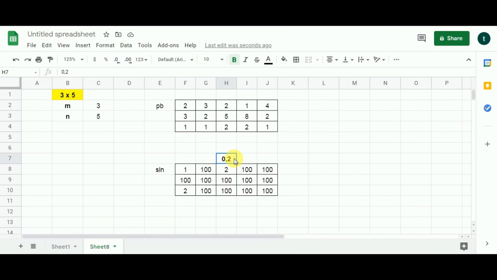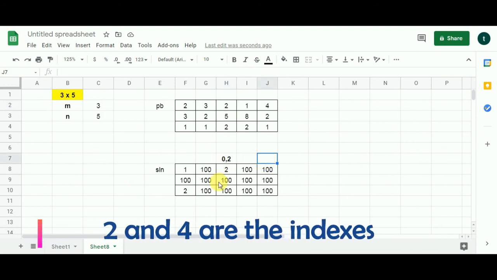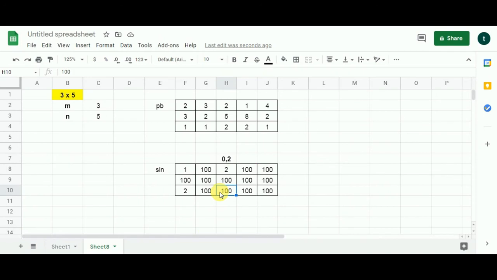Now what we are going to do in the third condition, we are going to add 1 to this value over here, which is 2. So we'll get 3, and that 3 we are going to compare with this value because we are going to move to this particular cell on the right hand side. 2 plus 2 gave us 4, and this is the fourth column. Similarly, 2 plus 0 gave us 2, and this is the second row. Alright, so 3 is less than 100, so we will populate 3 over here, and 3 again is less than 100, so we will populate 3 over here. Alright, so we have 2 more cells populated.